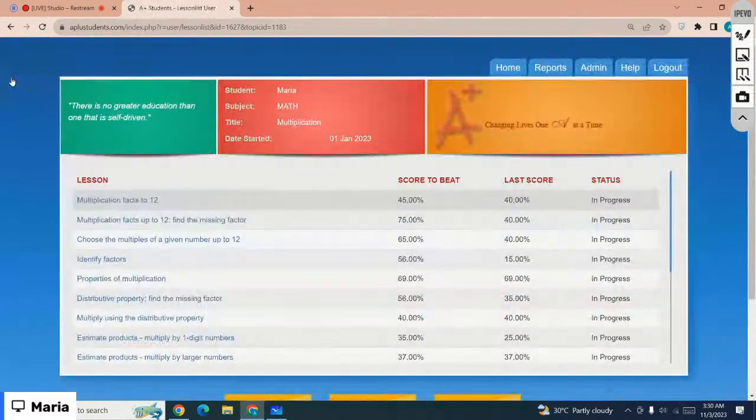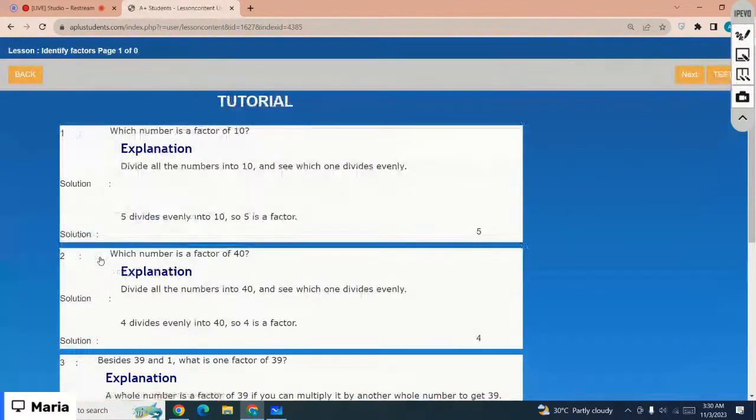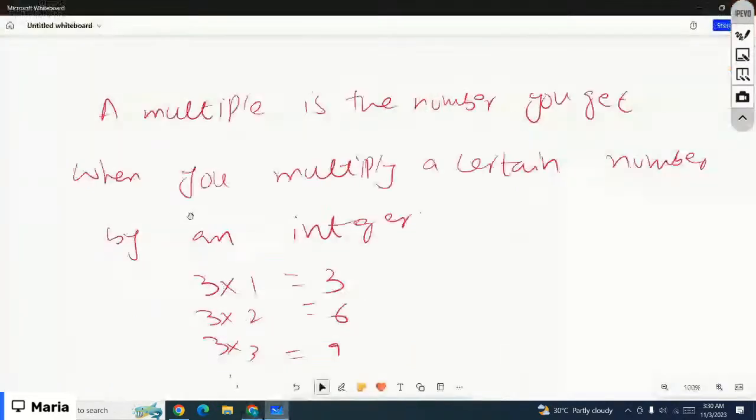identify factors, right? Okay, factors and multiples are two different things, right? So you can note down the definition of the factors also, then we'll discuss what the factors are. Let me just write down the definition. Please note down the definition. Okay, factor is